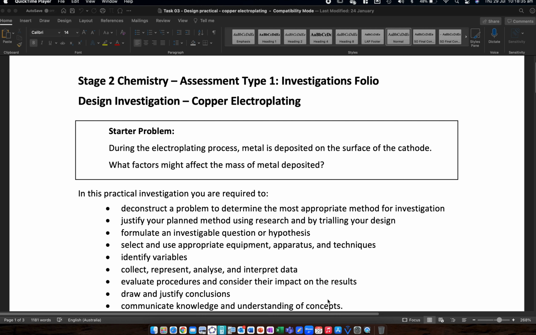We're using electrical energy to force a redox reaction to occur. That wouldn't happen naturally. It requires energy for it to happen. So we're going to pump energy into it, and in this case we're electroplating with copper. We're going to be trying to put